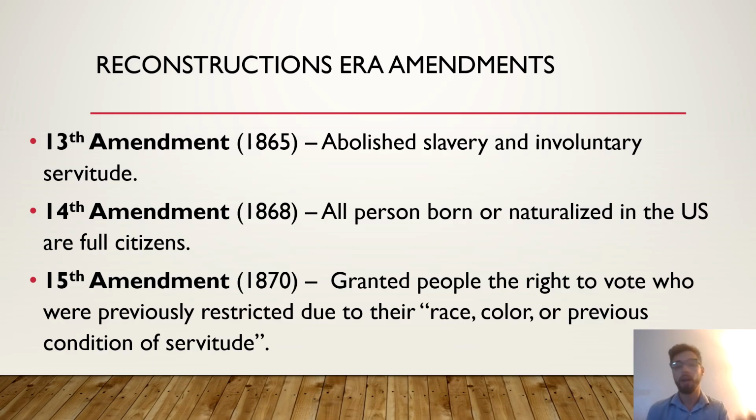You have to first abolish the institution that restricted their ability to be citizens, ability to be freed persons, abolish slavery and involuntary servitude at large. Second, what must you do? You must say that these previously enslaved people and those who fell victim of involuntary servitude are now free persons and citizens of the United States. Grant them full citizenship in the United States, among other actions which we will explore momentarily.